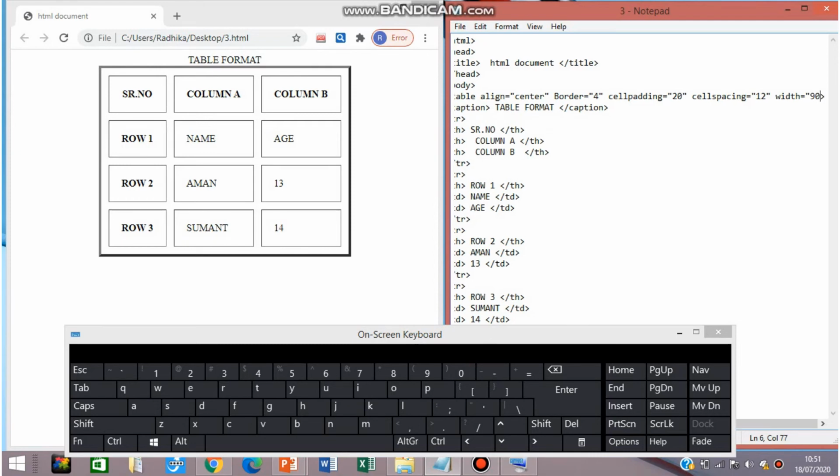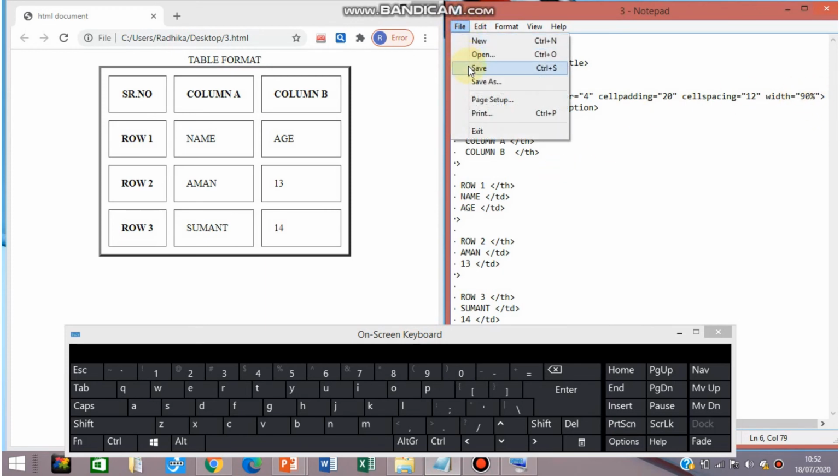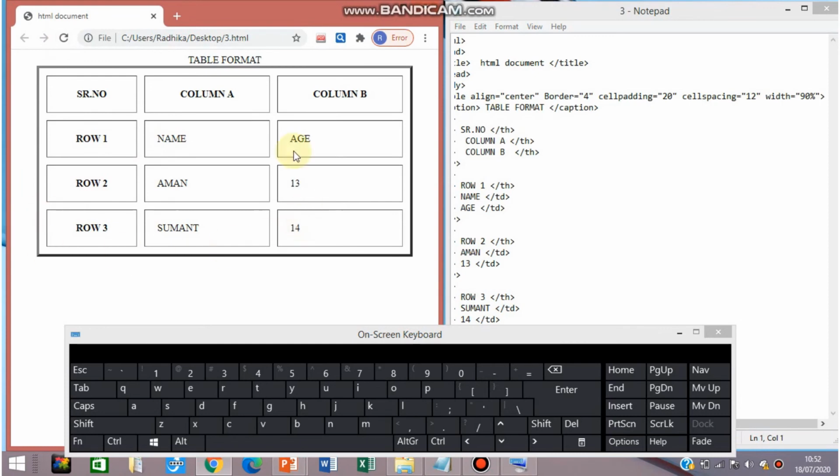I am using 90%, mentioned in double inverted commas. File, save. Just refresh this Google Chrome window and you will see that the width of the table has changed.